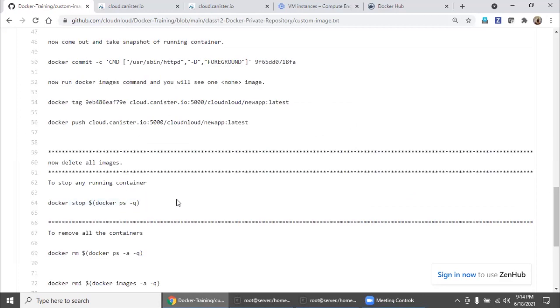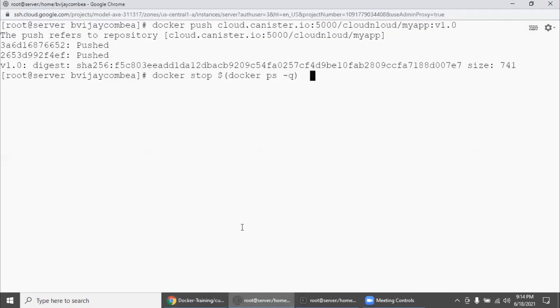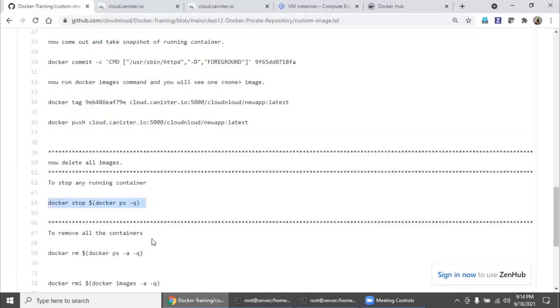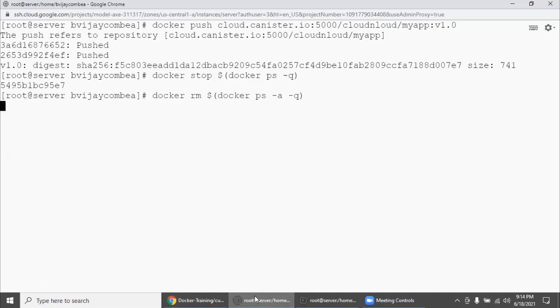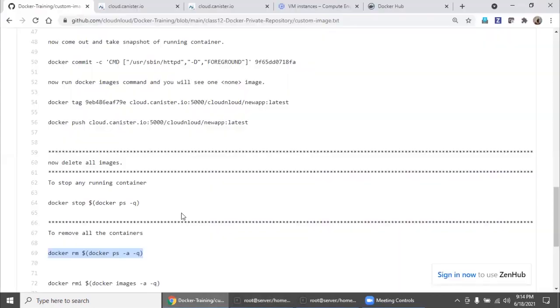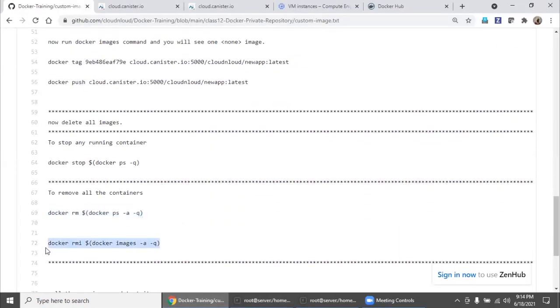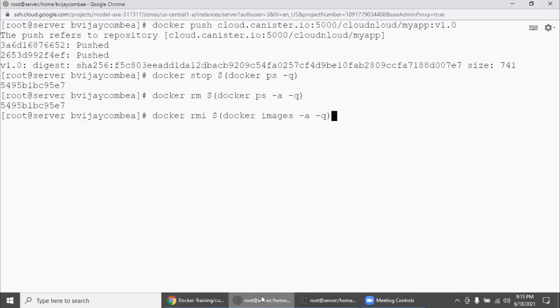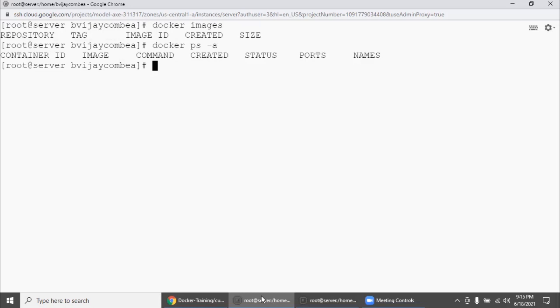A simple way: we will remove everything from this machine, even the images. So now our Docker machine is a complete clean slate. If you verify docker images, nothing is there. The same with docker ps -a, nothing is there.